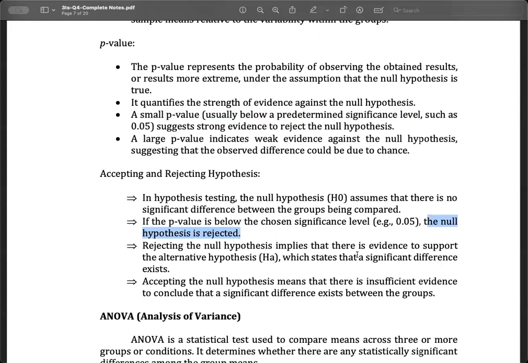And otherwise, accepting the null hypothesis means that there is insufficient evidence to conclude that indeed a significant difference exists between the groups. So let me give you an example. Let's say your hypothesis is there is no significant difference in terms of plant growth between the control and the experimental group. So let's say your control group is the one that you don't put your